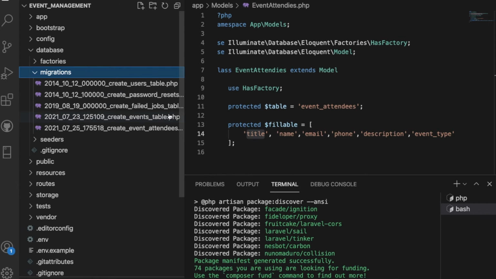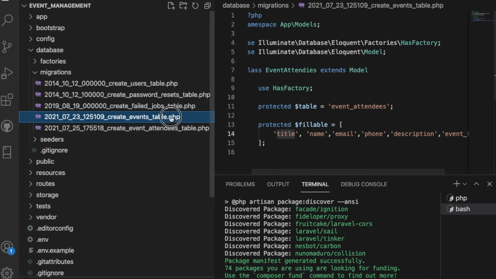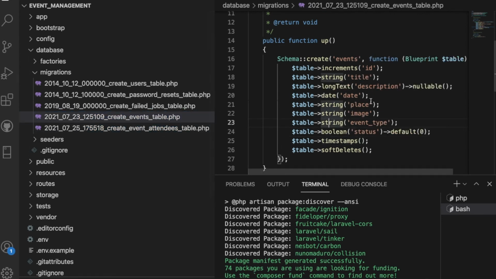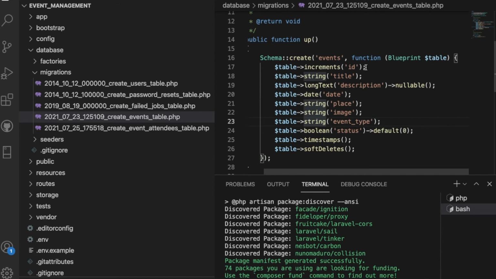Database migration, these two migrations are really important for us. Okay, so now I'm going to show this one, the event. We have created increments for the auto increment purpose, and the primary key we are also creating. So increments, hope this is now clear in your mind, and let me show you the string for storing the title, and here we have the long text for the description, this is also nullable, and we have the date and place and images and event type and status. Okay, so for event status we are also showing whether default or not, we are setting a boolean value.